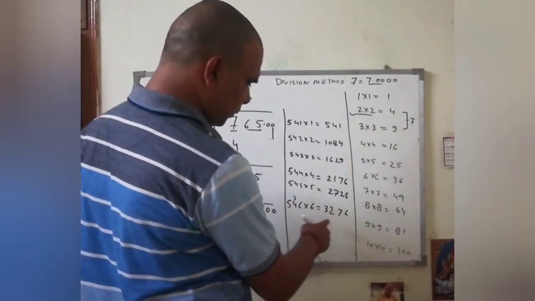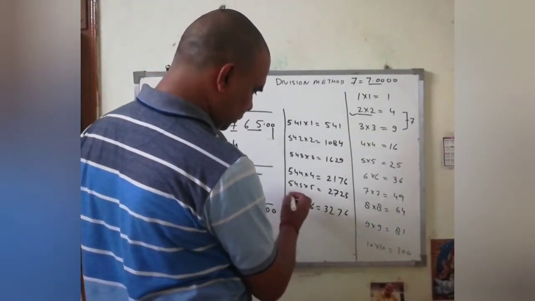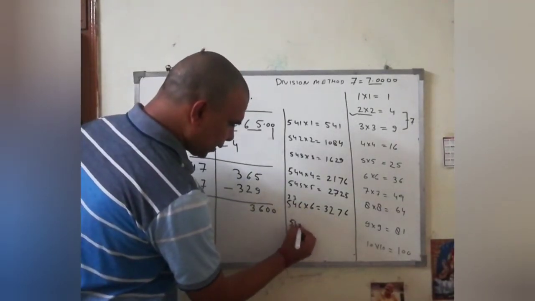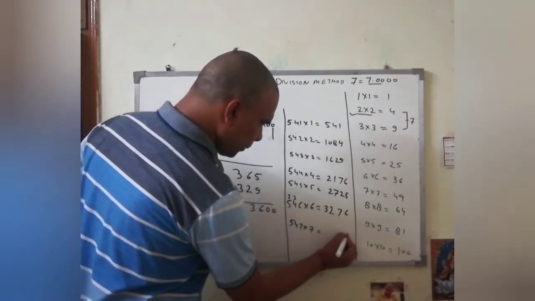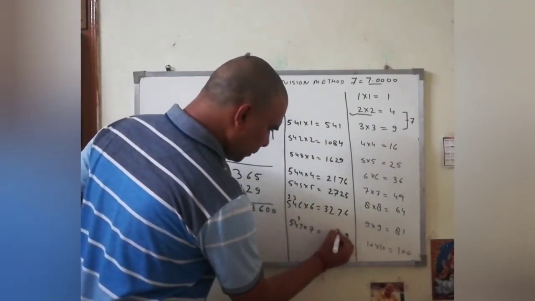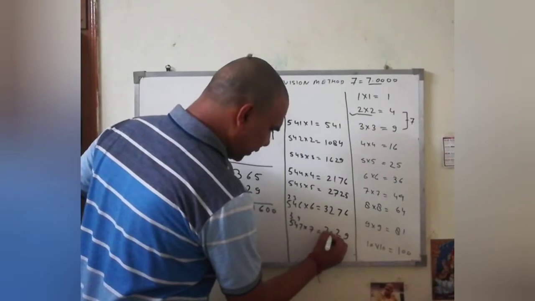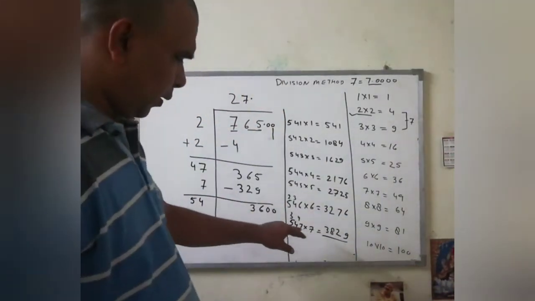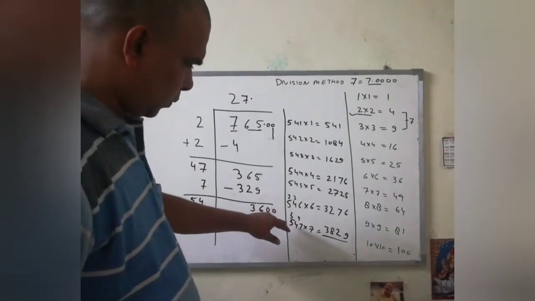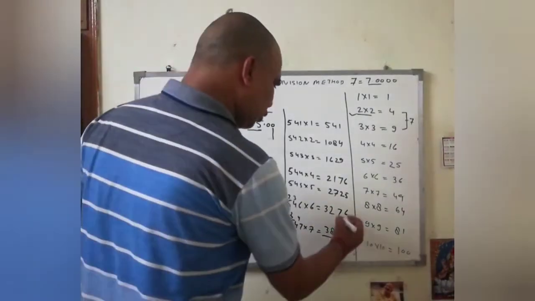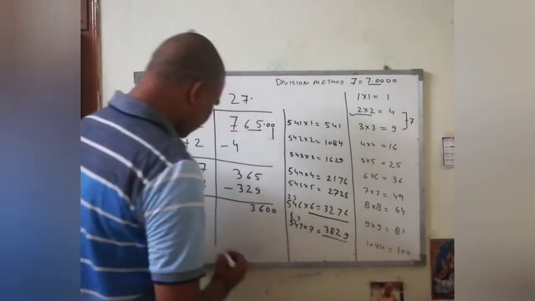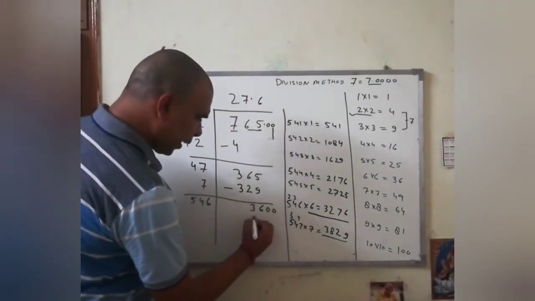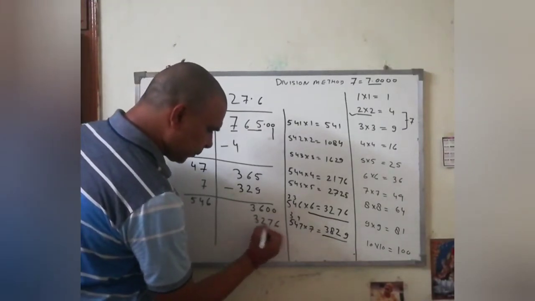Check the calculation. It is also less. 547 into 7. It exceeds, I think it exceeds. I don't know whether it is correct or not. 9 4. Yeah, it exceeds, so we will take this pair. So we will be putting 6 here and 6 here. So we will be writing 3276 here.